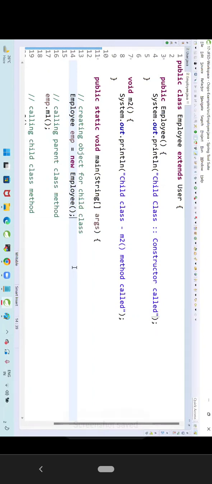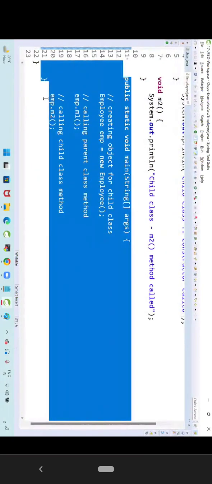What is the meaning of object creation? Calling the constructor. Which constructor am I calling? Employee constructor. Can I say employee is my child? Yes. Am I writing any logic to call parent constructor? No. I'm just creating the child object. Even if you don't call the methods, there is no problem. If you create child class object, automatically